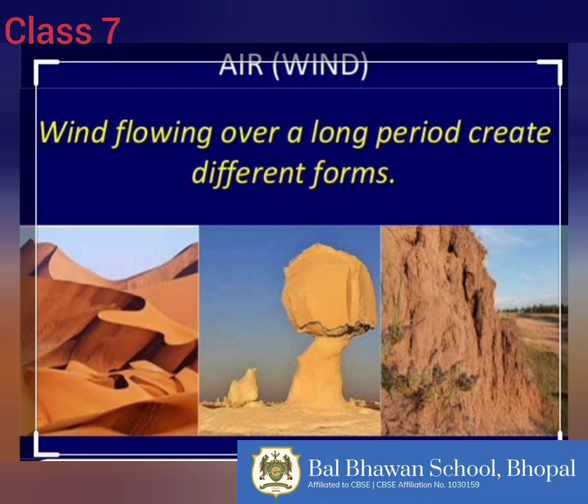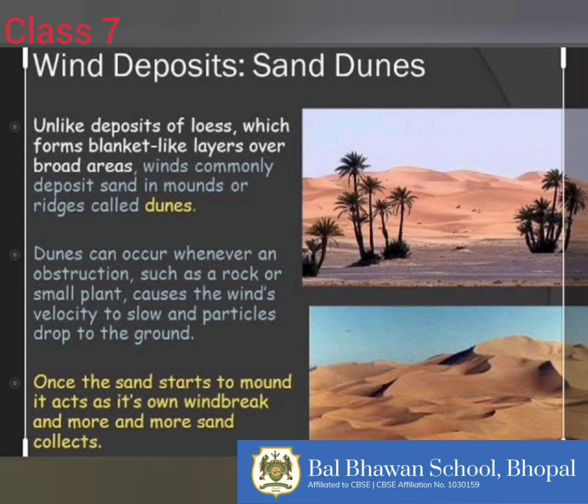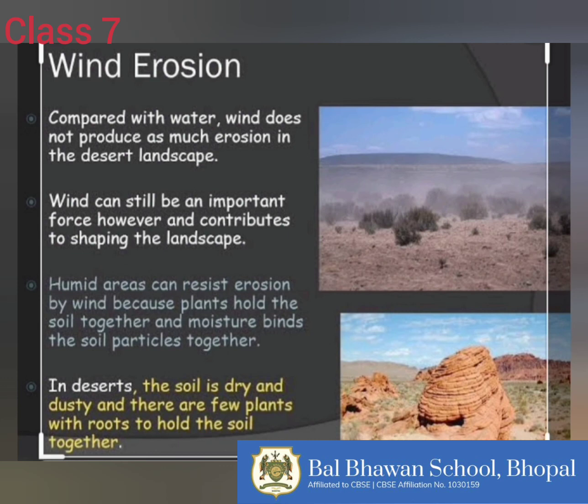The work of the wind is limited to a few meters above the ground. This is because the wind is unable to carry the rock particles high up in the air. Near the ground, its work slows down due to friction with the surface. Therefore, the ideal height is about 25 cm to 75 cm above the ground. The wind erodes the lower part of the rock more than the upper part. Such rocks have a narrow base and a broad part at the top. They are called mushroom rocks.